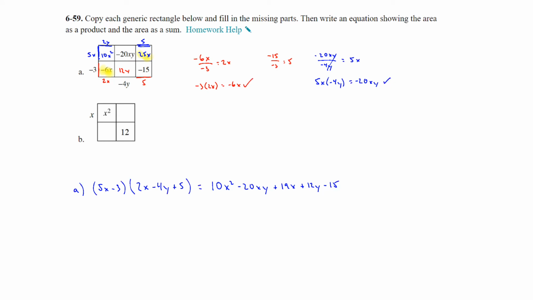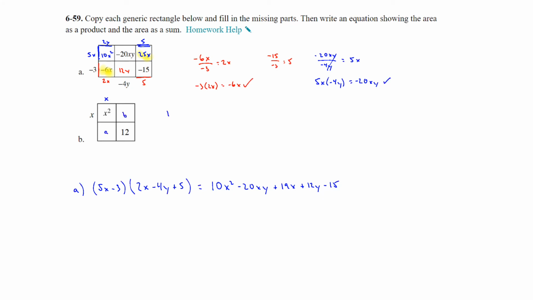All right, now part B. So this one we have a 2 by 2. So x times what gives you x squared? X times x. And then on this one, we have to figure out what's going to give us this 12 here. And we actually have a couple possibilities, because what two numbers, if I just call this, let's call it